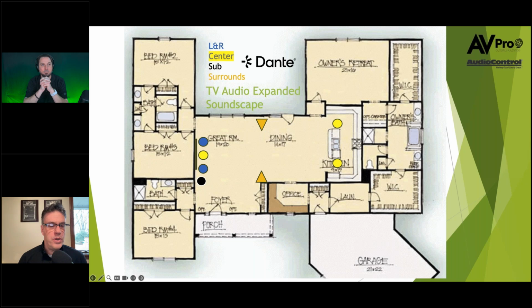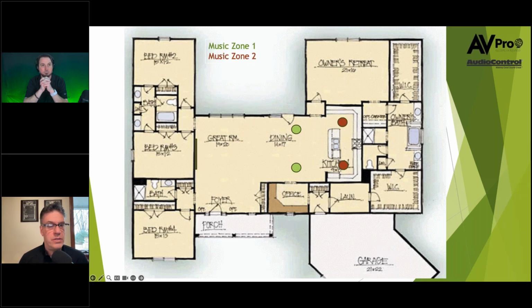Personally, in my home, I'm going to end up using it more like this. You have your 5.1 going on here. I'm going to skip the dining room and I'm going to put the center channel at a low volume here in the kitchen so I can hear what's going on in the TV as I'm cooking and the rest of the family's in there. Like I say, once it's there, we have all sorts of variations and options. So that's how we're going to expand the soundscape